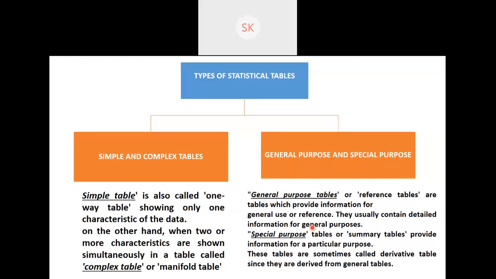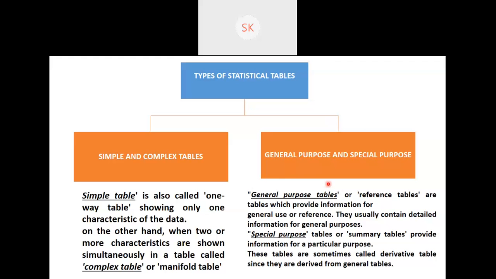Let's take, for example, general purpose tables can be the number of students in the college. So I'm just taking everything in general. I'm not specifically asking which course they are or which college they belong to, not even college. So we will just take the data of students directly, the whole data. That is called a general purpose table.